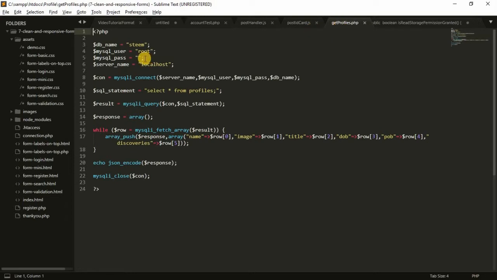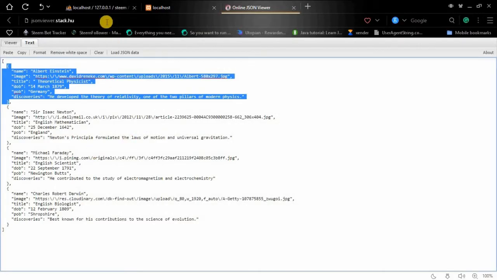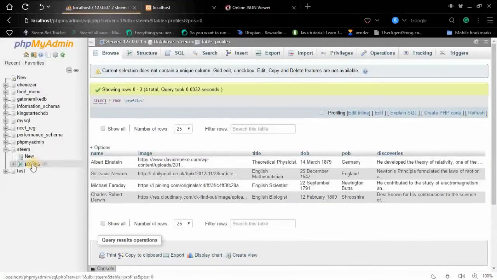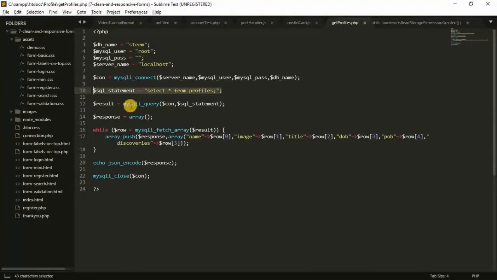in my XAMPP folder, of course. Now this is the declaration of some variables like the database name, the database user, the password, the server name, and then this is a connection to the database. Alright, so mysql_connect with the server name, the user, and the variables declared above, and then this is an SQL statement to get all from the profiles table. Now this is the profiles table, this table. So when it gets all from that,